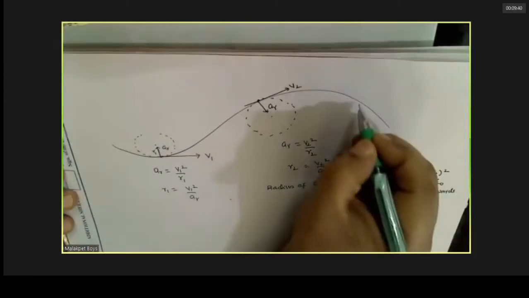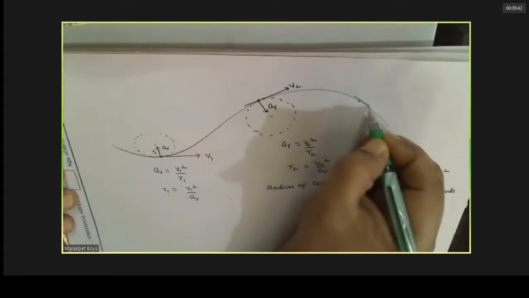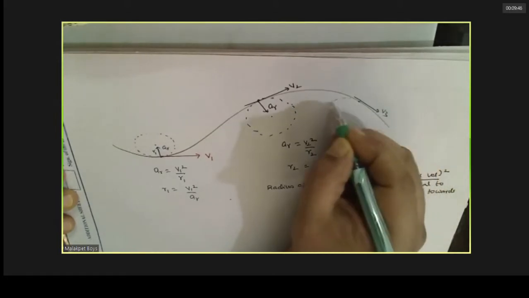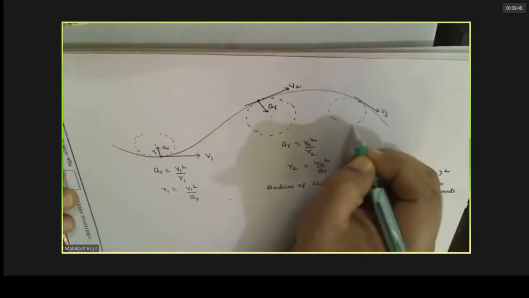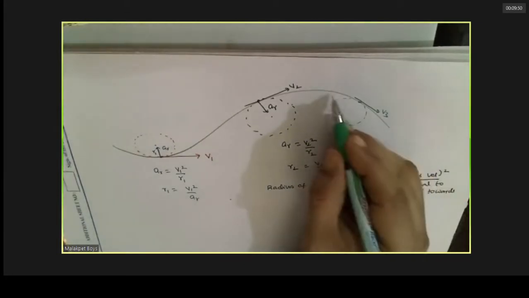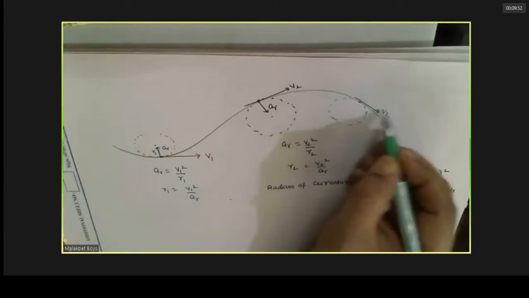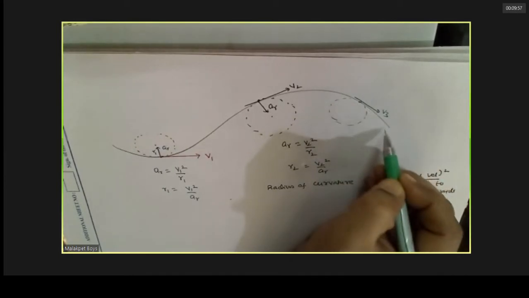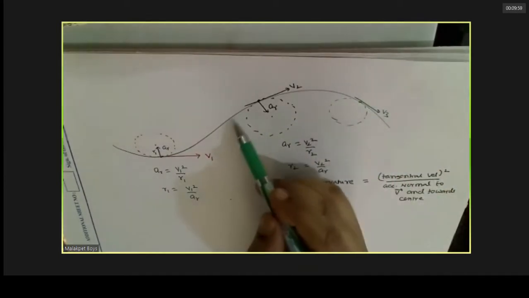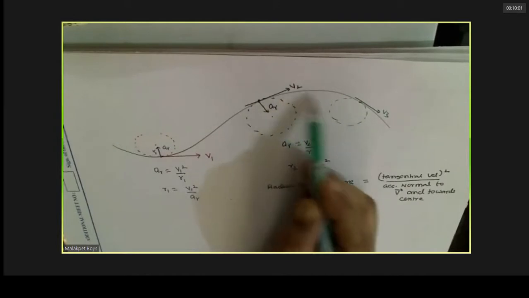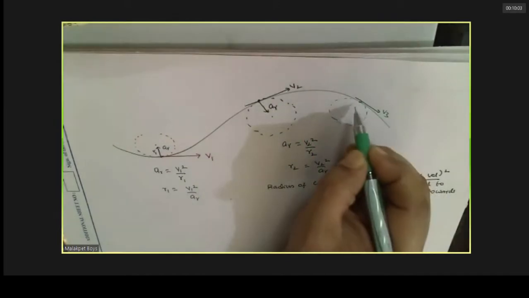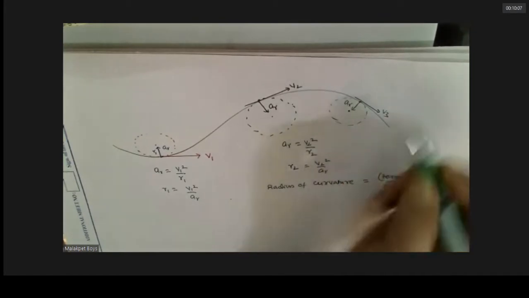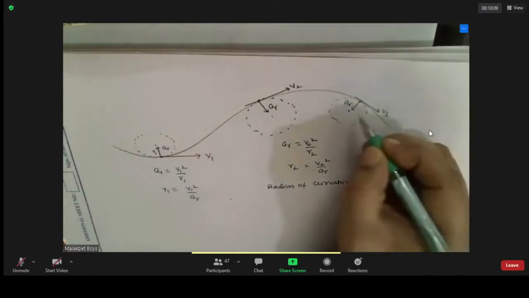Suppose you need it here. Just show the velocity. Now complete this circle, because the curve is taking like this. If it is going like this, then you can take it. It's coming like this. See. Now you can see it going like this. Yes, sir. Got it. So here also.